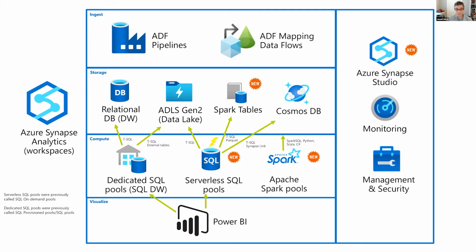So now, thinking through this, that means if I'm using Power BI as my visualization tool, I can create a view on top of a file sitting in a data lake and expose that view through Power BI. And Power BI can then run that query and only pay when that query is run, and do it against a data lake. So it appears to the end user that they are querying a relational database when in fact it's just a view over the data lake or a Spark table or Cosmos DB. So there's a lot of options when you get into the ability to land data and query it, and we'll show some of that in the demo.